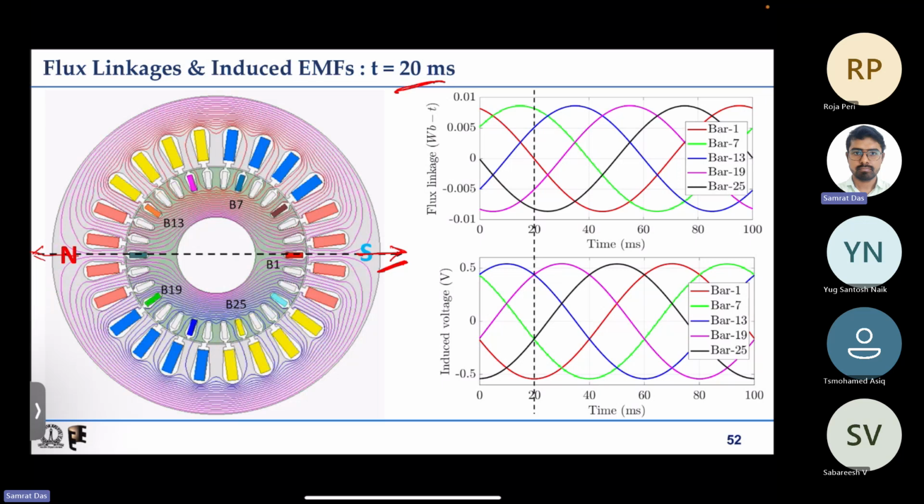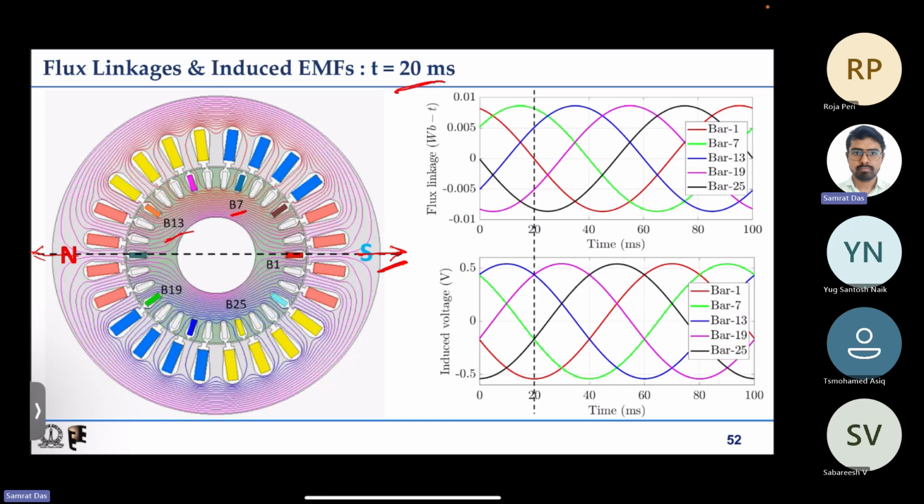So at this instant, earlier all the bars on the top side were having a negative flux linkage, but because now field direction has flipped by 180 degree, all bars, that is B7 and B13,